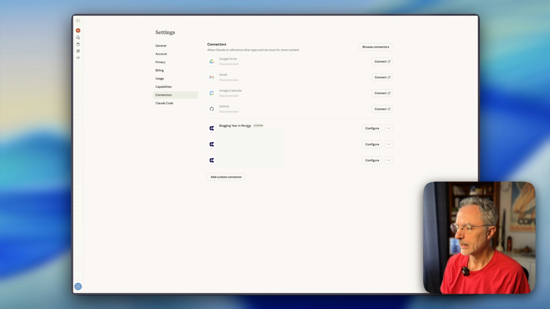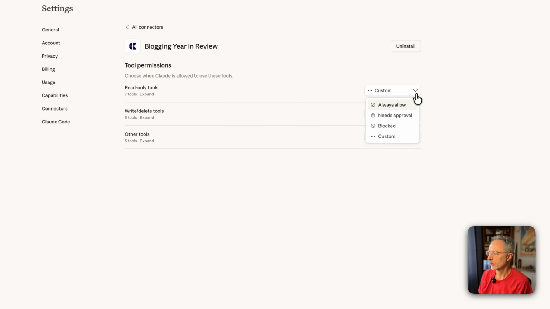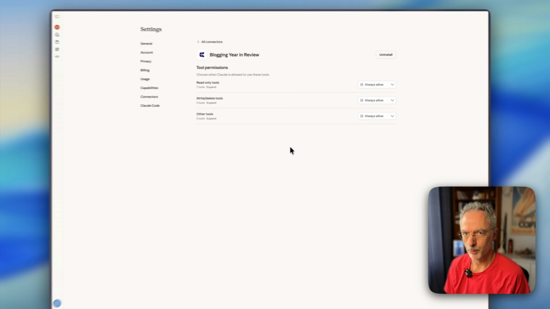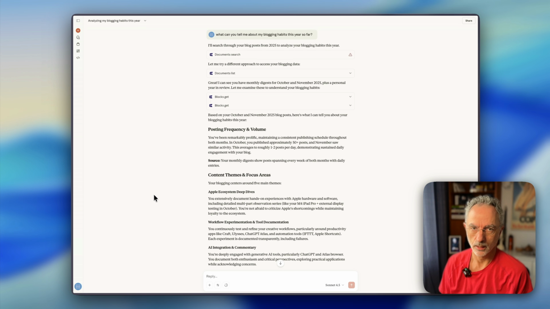From there, when you look at the connection itself, if you look at configure, you will see all the permissions that you have to access this content. Make sure that the connection is set to always allow for each request, because if you start a new conversation and you refer to this MCP connection and the permissions are always asked, this will slow down your interaction with Claude. So this is what I'm always using, the always allow permission, and it's easier like that. Let's see how the conversation went with Claude.